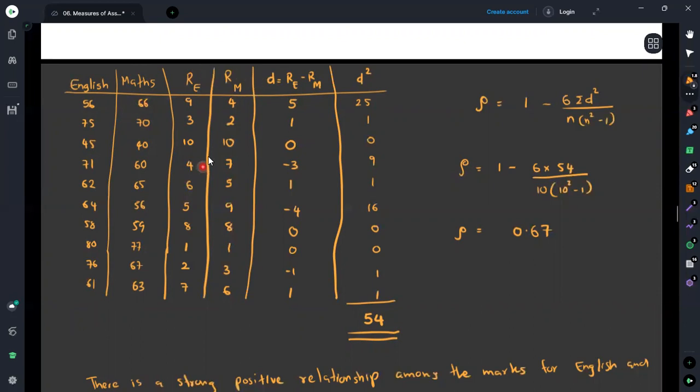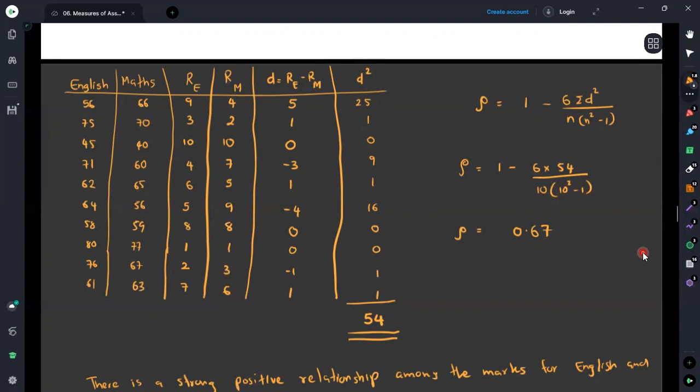Therefore, you have to stick to one method, whether it is descending or ascending order, and thereafter you can take the difference between the rankings. To take the difference between rankings, you can take one of them as the first value and the next as the second value. It does not affect this, because we are taking its square term. Therefore, even though you are getting minus values, again you are getting the plus values.